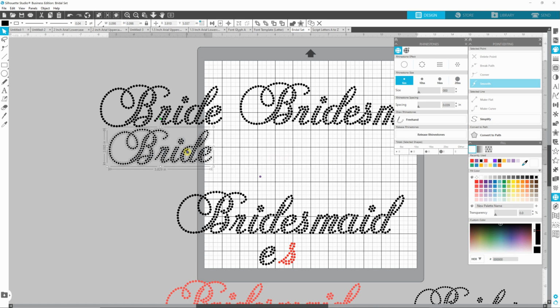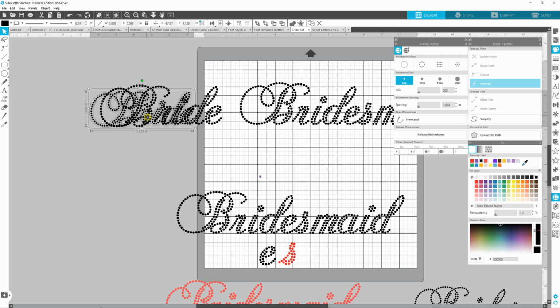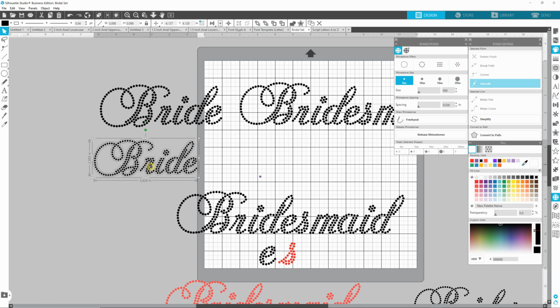Okay, but you can see it's shorter in width, and it has actually shrunk all of the letters. So this design is no longer the same height as my SS10 design. That is the drawback to increasing or decreasing the size of the design based on increasing or decreasing the size of your stone size. It also changes the dimensions of the design. If that were to have stayed the same